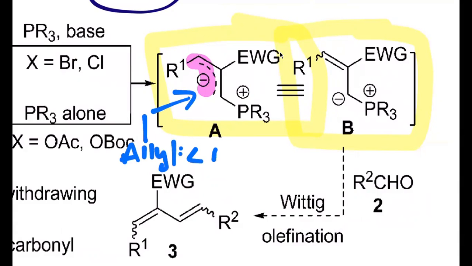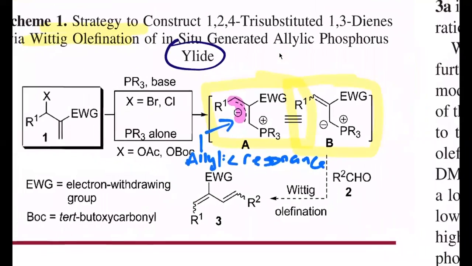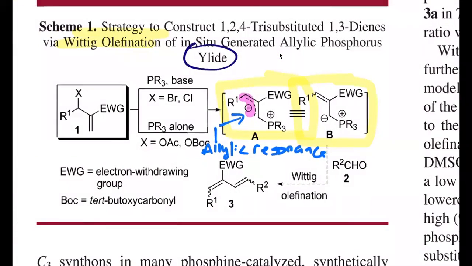So that indicates allylic resonance, right? And so that's probably why they chose this allylic system, because you can get resonance and stabilize that negative charge. All right, so I wanted to talk about that because it's kind of interesting